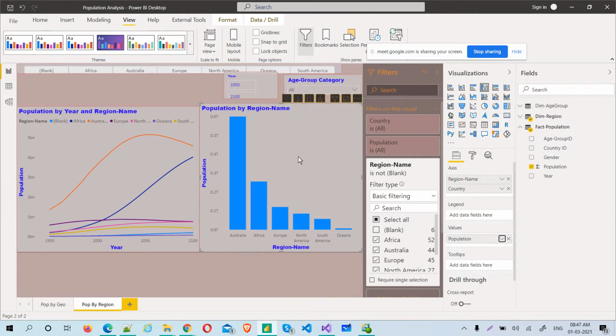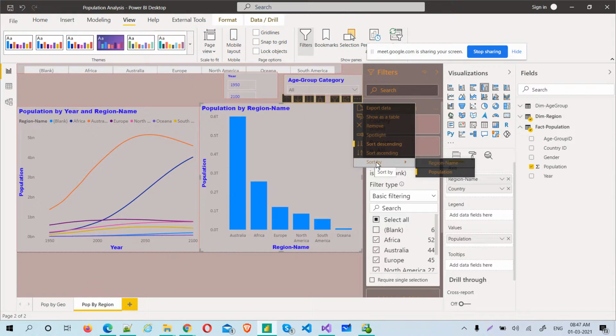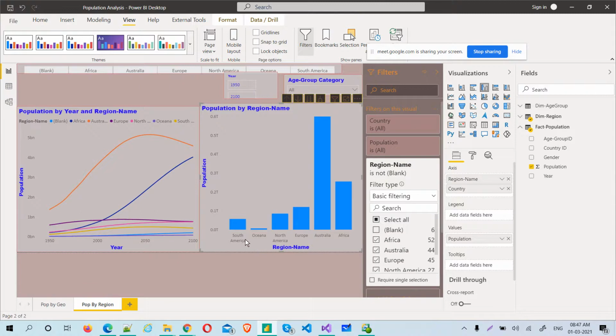But now what is the important thing that I would like to show here is, one is the default summarization, the other one is the sort by. Now the sort is actually done by population. Now if you want to sort by region name, now you see the region name slicing. Yeah, South Africa came and the Africa, because the region name is in descending order. Now let me make it ascending order. See the yellow mark, sort by descending is on. Now you change it to ascending order. Now you see Africa will come first.